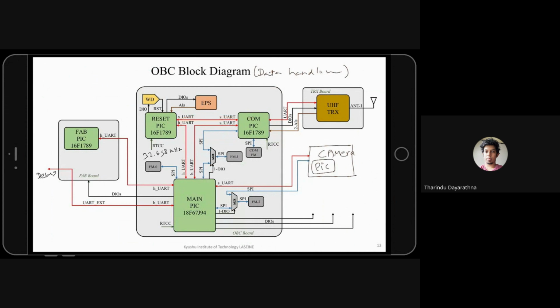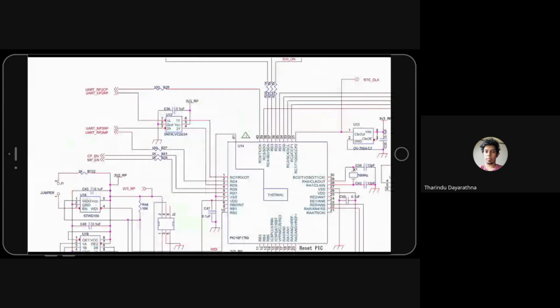So UART has 2 lines. One comes from COM peak and it goes to this chip and it comes through here and comes here. Okay,